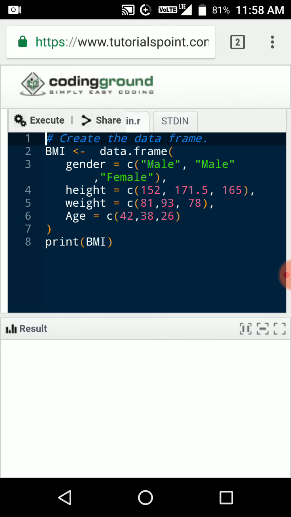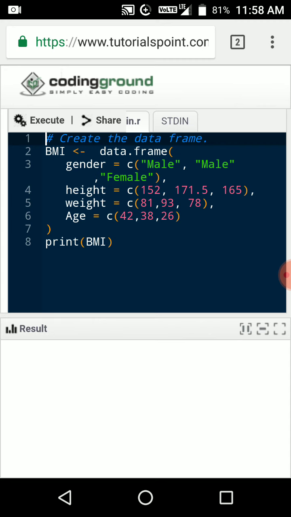While checking each statement, in gender we have characters, that is male, female, within the c function. In height, we have c with 152 centimeters, 170.5, and 165 centimeters. Integer values also we can represent with the help of the c function. And weight, and large integer values also we can represent.